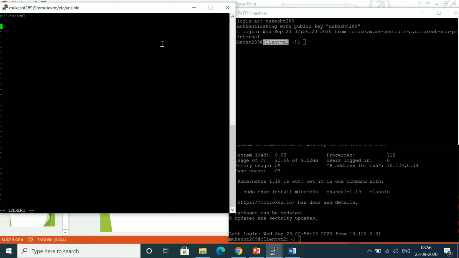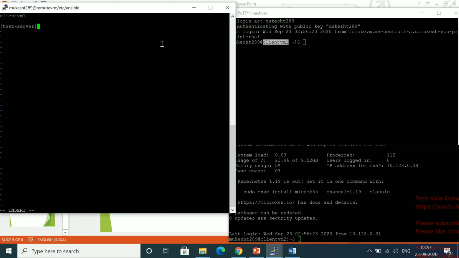Now I'm going to create one group, and that group name is test server. In a test environment, I have two servers, one is the app server and one is the DB server.